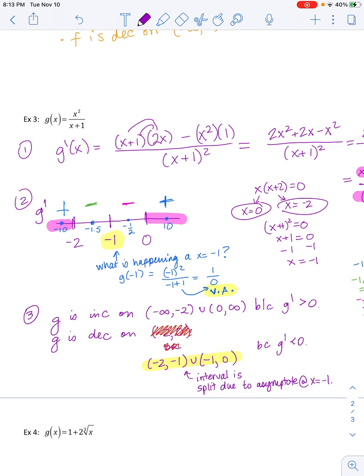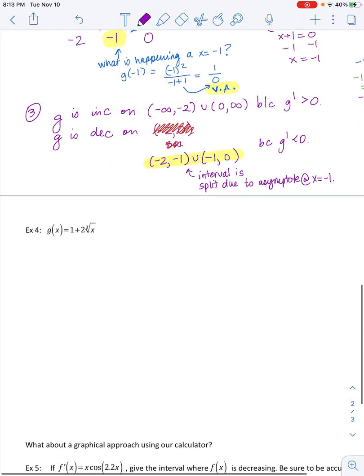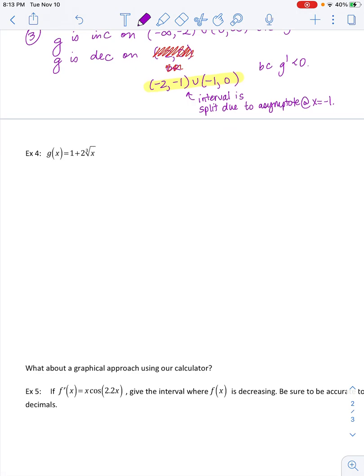Okay, now we're going to look at the antithesis to that in example 4. And then I think we'll do example 5 together in class, but you can try that one on your own when you get there. So in example 4, we're going